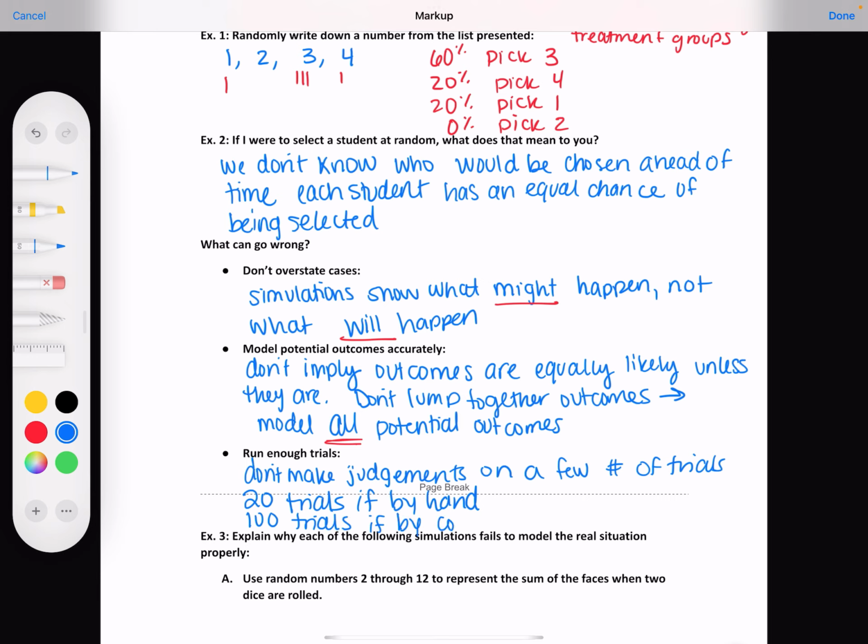That's a lot. That doesn't necessarily mean you're doing a lot of work, because your computer, you'll pull up a random number generator and then tell it every time the number 4 comes across in each trial, tell me how many 4s are in there. You know what I mean? And it'll do it for you. And even when it says do the 20 by hand, that really doesn't actually take that long.